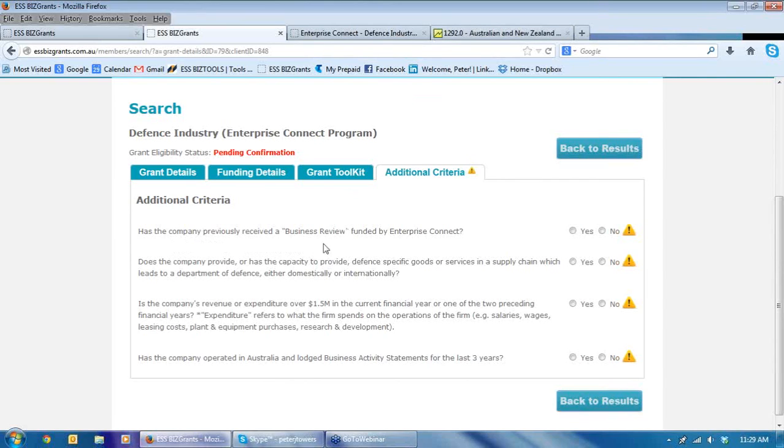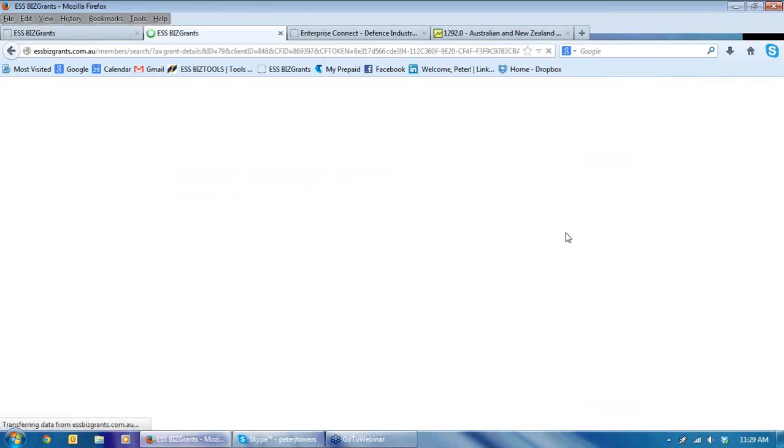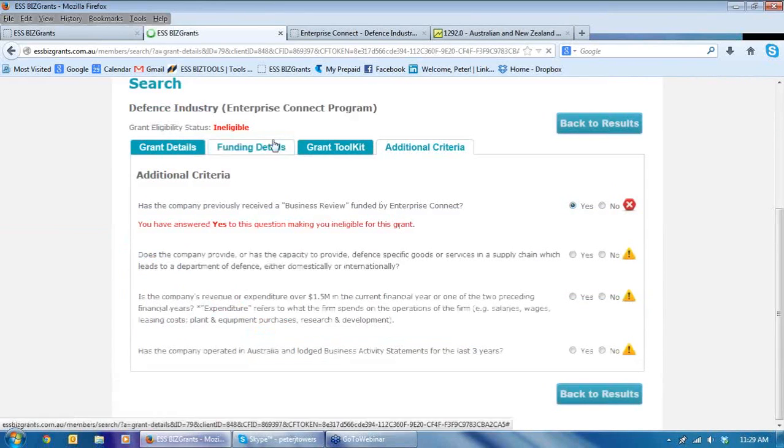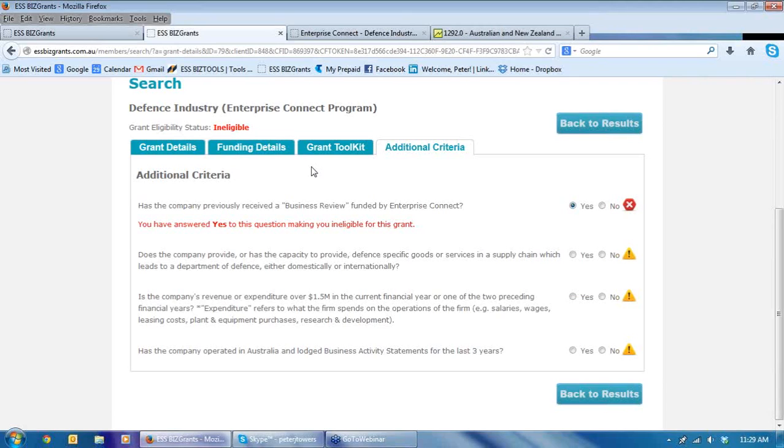Has the company previously received a business review funded by Enterprise Connect? Now, if I answer yes, the system is going to say we're ineligible because you can only receive a business review by Enterprise Connect on one occasion. So if we went back to results at that stage,